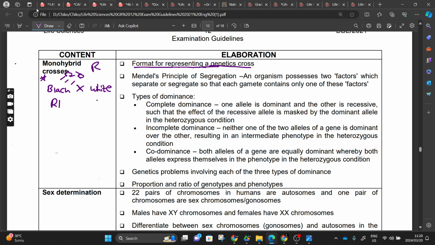RR. Capital letter R, small letter r. You see the mistake that I was doing previously. Small letter r. So in a Punnett square, this one will undergo meiosis, and then we will have R, small letter r, ready to mingle and ready to join. The possibilities now are there. So in a Punnett square, we draw a square like this, and then here we write gametes,